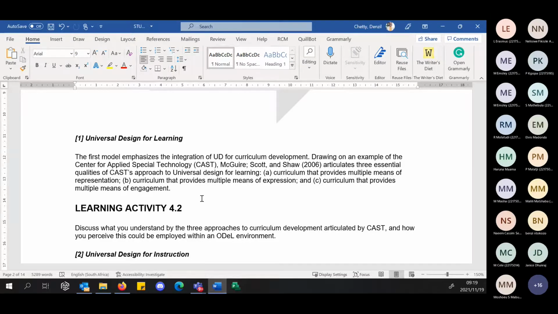So for example, multiple means of representation, how we represent the content in different ways. If you look at just what we are seeing on the screen itself, the Microsoft feature allows for dictate, which allows you to speak and it basically captures the text. You also have some facilities, for example PDF readers that allow for the reading of the text as part of a way to access the learning content. So this becomes quite critical in terms of looking at some of the more modern learning management platforms and how these plugins can be integrated to cater for the universal design for learning principles, specifically for learning.